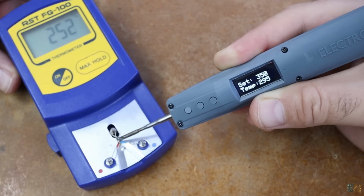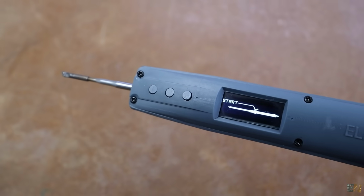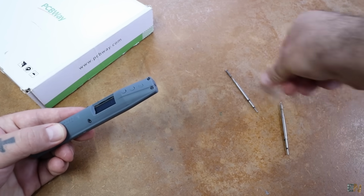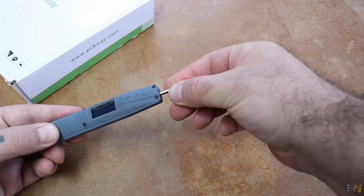We can use the other 2 buttons to adjust the settings for temperature, the sleep mode time, the screen rotation, and so on. Oh, and changing the tip is very easy, just a few seconds. You can check all the information on my website